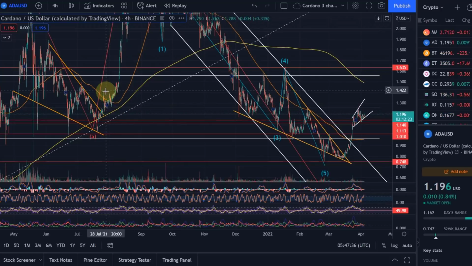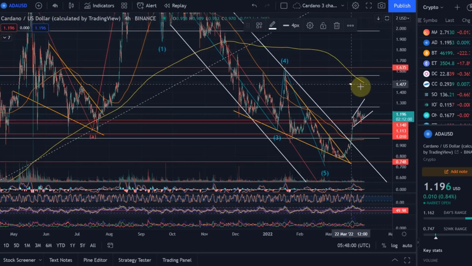The difference here today is that we're already above the 50-day moving average, but back then, we also were above the 200-day moving average. So for me, this is the key level, at $1.50, maybe a little bit lower, for that 200-day moving average to reach and to break it actually. And then also here the next fib level at 1.55. And these are all important levels, this cluster of resistance levels: the 200-day moving average, that fib level, and most importantly as well, that 1.63 level that is important for the structure of the chart,